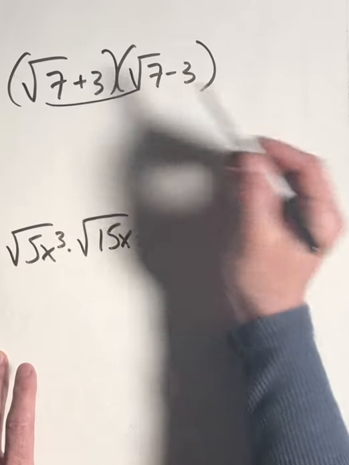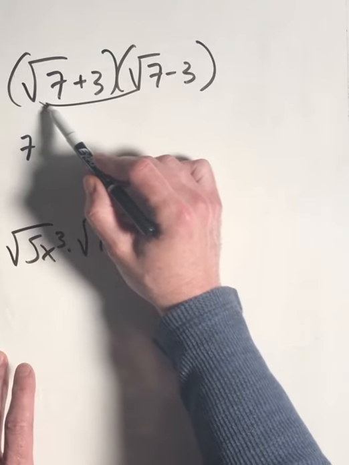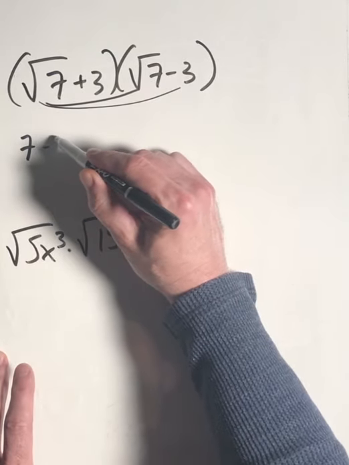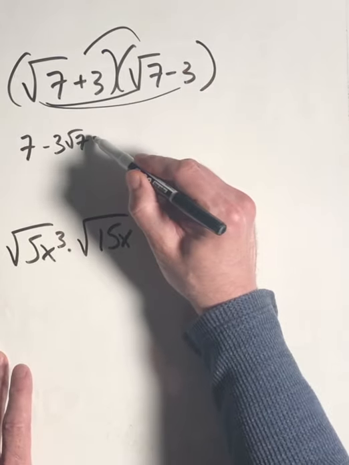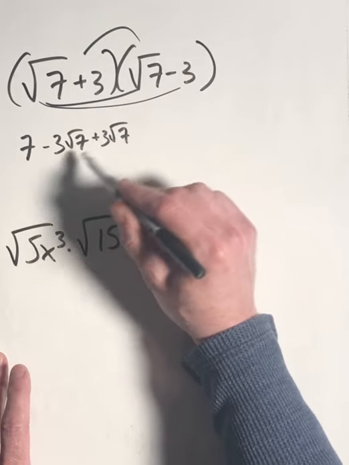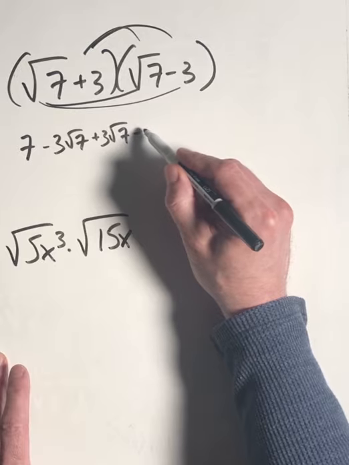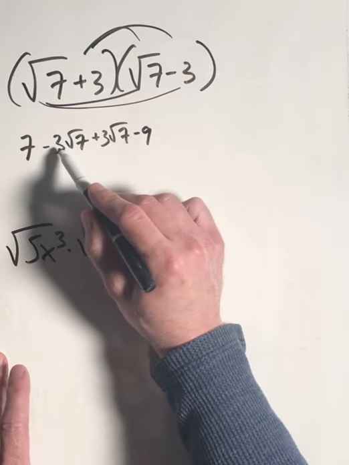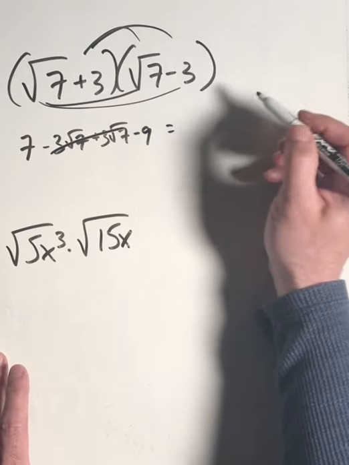We take the square root of 7 times the square root of 7, which is just 7. Square root of 7 times negative 3 would be negative 3 radical 7. Positive 3 times the square root of 7 would be positive 3 radical 7. There's the canceling out that we just talked about. Then negative 3 times positive 3 would be negative 9. These two cancel, and we're left with 7 minus 9,